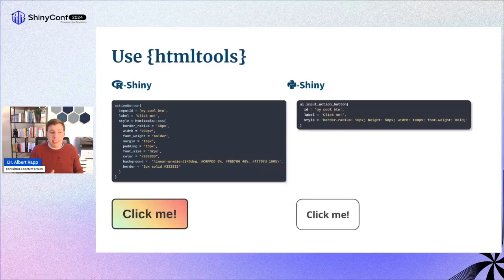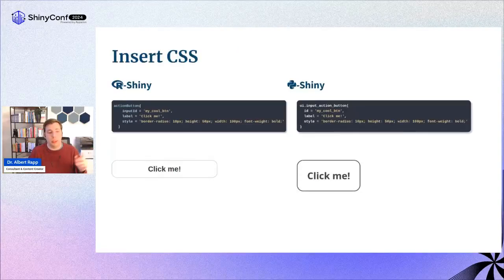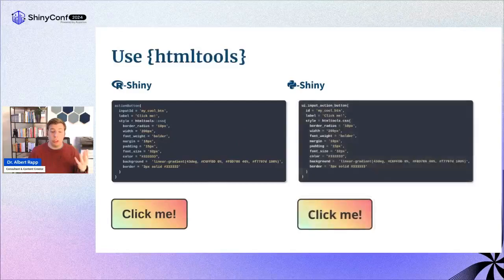There probably isn't an htmltools package. Or is there? The kind people of Posit were actually, once again, very kind and just gave us htmltools there as well. And then I could basically take the code and stick that into the CSS function from the htmltools Python package, and the outputs were more or less the same. Some things, especially in the beginning, look different because these UI elements have different default values. But in principle, you can use the same strategies to style the app the way you want.